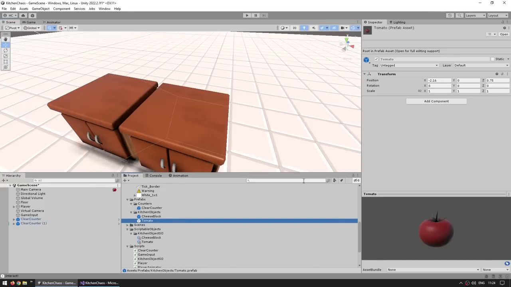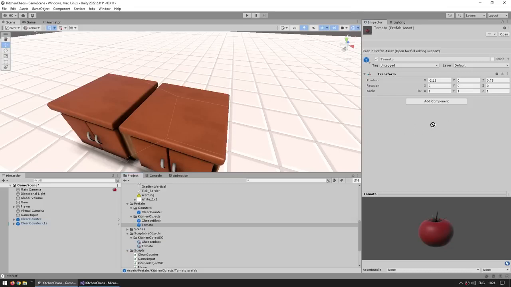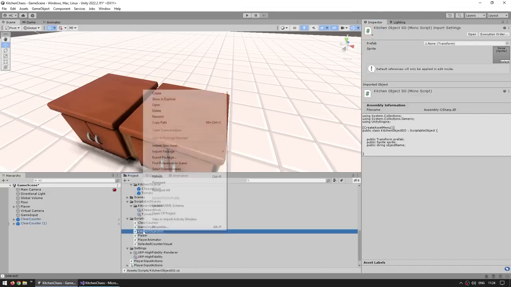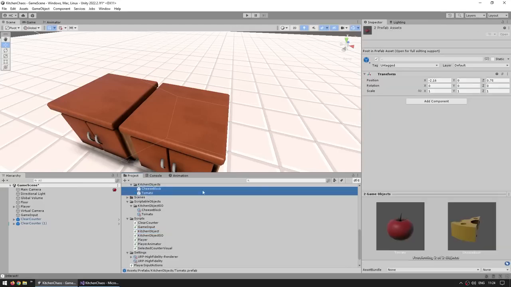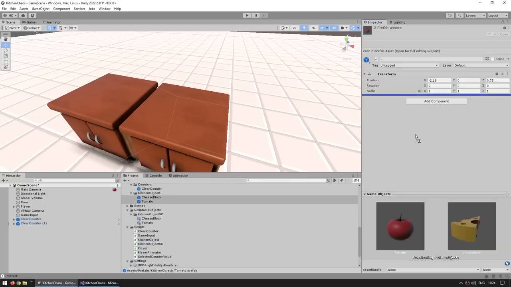So essentially, what I like to do is just attach some reference to the scriptable object in our prefab. However, again, remember that scriptable objects are not mono behaviors. So if I select the prefab and I try dragging the scriptable object, nope, it does not work. So what we can do is just create a new script. So let's make a brand new C# script. Let's call it kitchen object. Let's attach this to both prefabs, so both the cheese and the tomato, attach the same one to both of them,